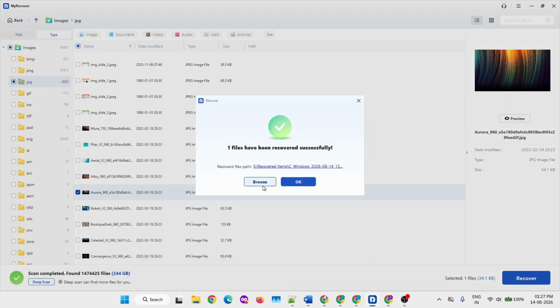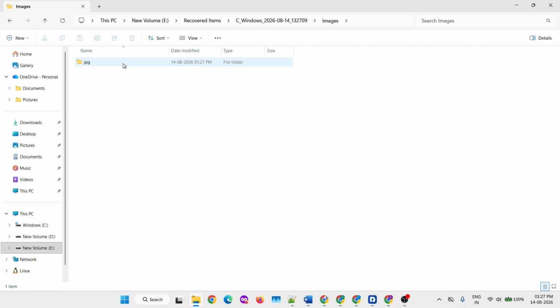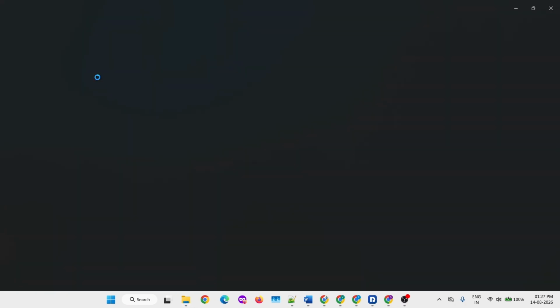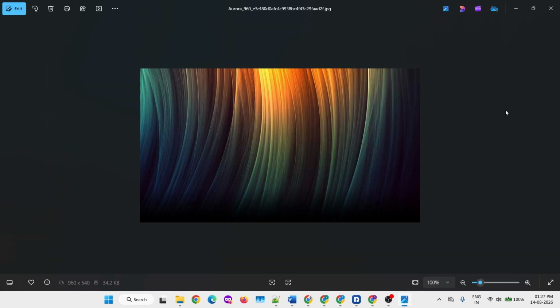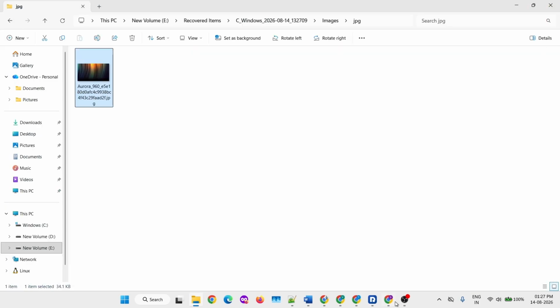And there we go! The recovery process has been completed successfully. As you can see, the deleted image has been recovered and is working properly. You can also use MyRecover to restore accidentally deleted files from your computer, recycle bin, USB drive, SD card, or other storage devices. Visit the MyRecover website and download the software to try it